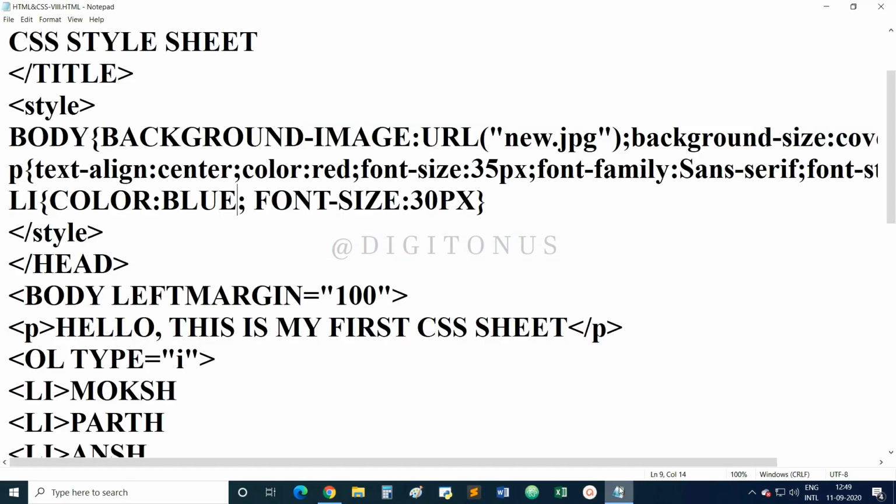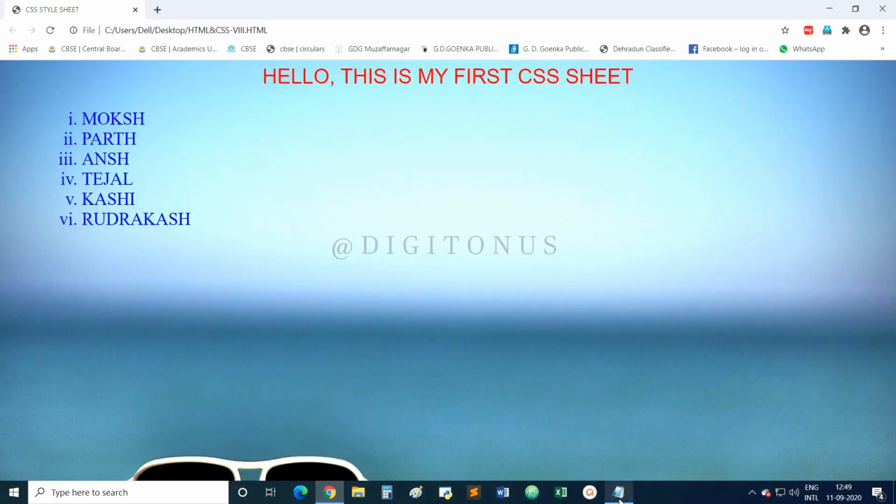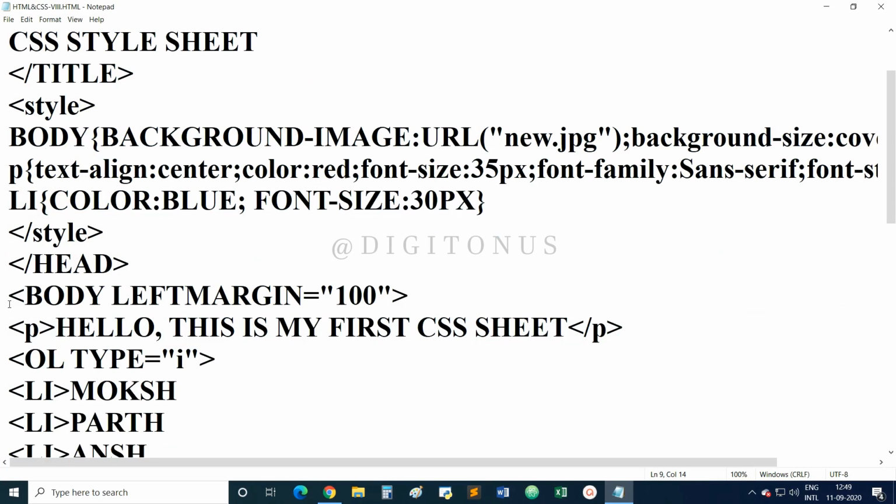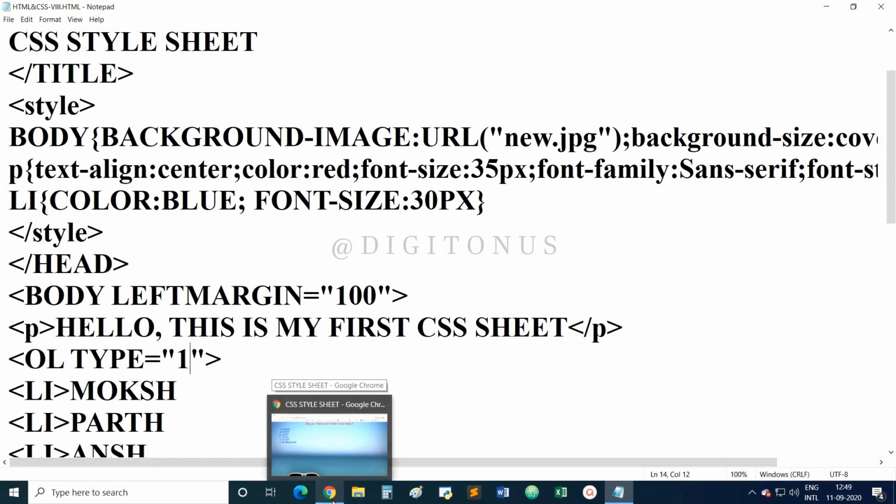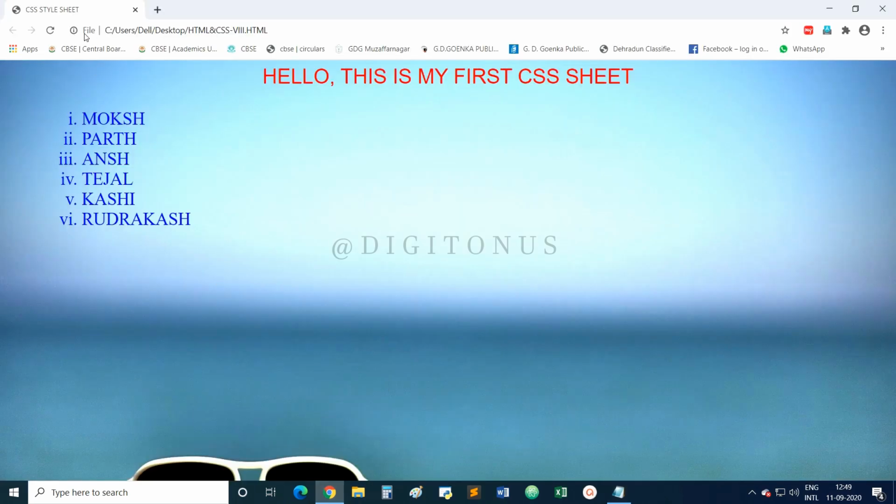Another thing is, suppose, let me first change it to the default type, that is 1. By default it is already 1, 2, 3, 4, but if you write the numeric 1 with the type attribute of the OL tag, then the list will again resume to 1, 2, 3, 4, 5, 6.